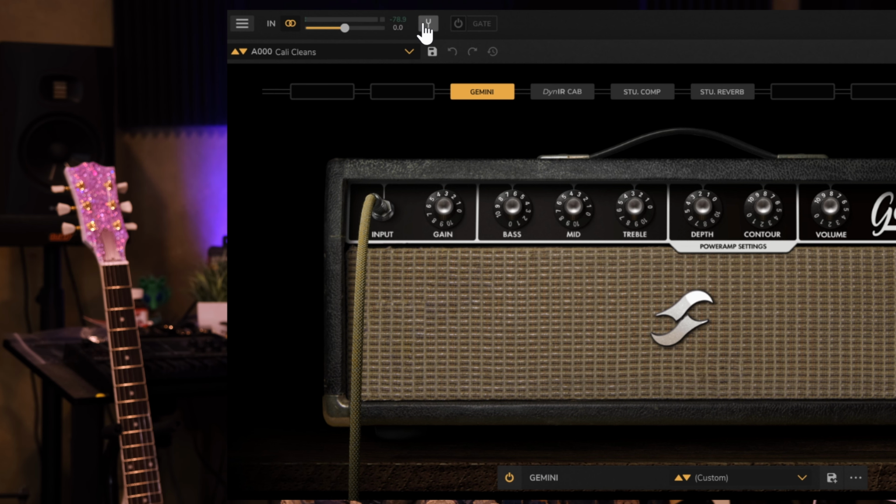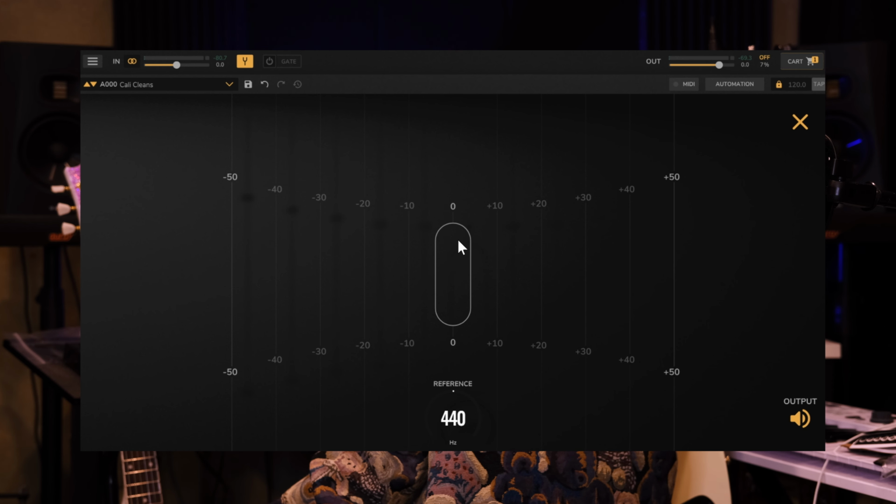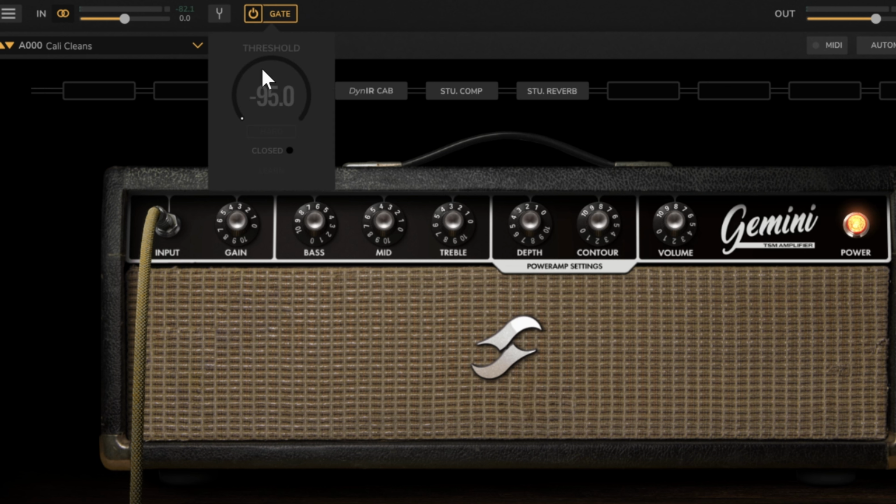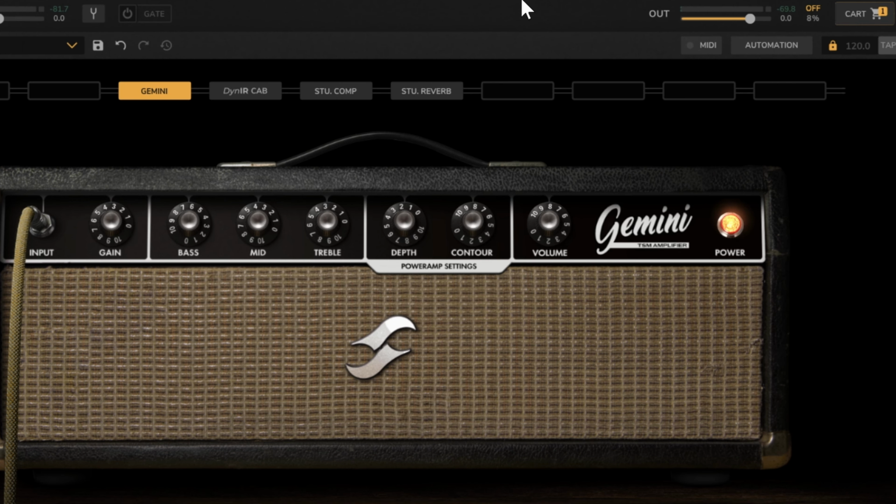To the right of that, you have a tuner. If you click on the tuner, here's how it looks. I believe it is a cent-based tuner. At the bottom here, you have 440 hertz. Click that to close it. To the right of that, you have your gate, which you could turn on and adjust your threshold right from here. And then if we go all the way to the right, we have our output slider here,